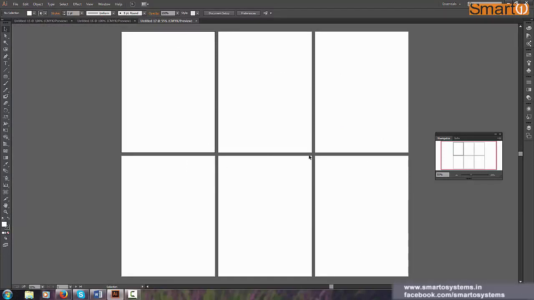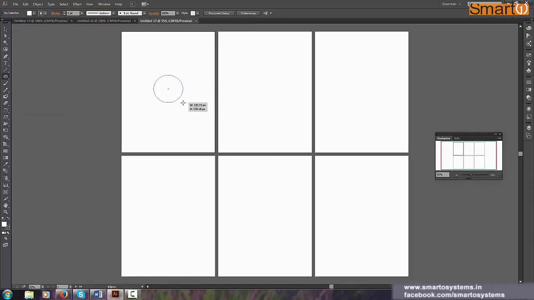Now again to my question, why do we use artboards? Why do we even need them? Let's say you have some kind of design for some website or mobile application, and you want to make alternate versions of it. Artboards are a good option there, because you have your design on one artboard and you can copy and paste the same design over to another artboard.